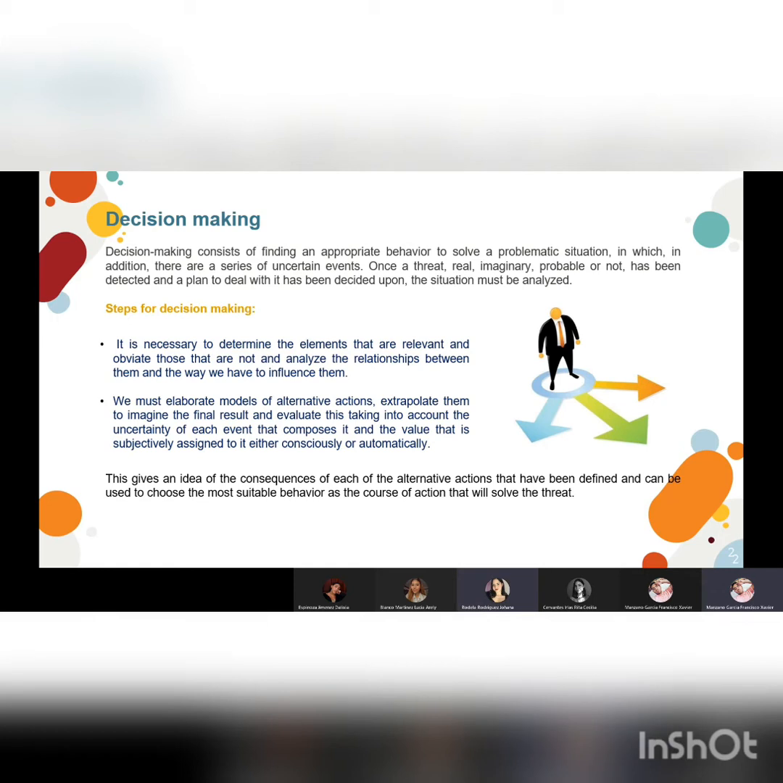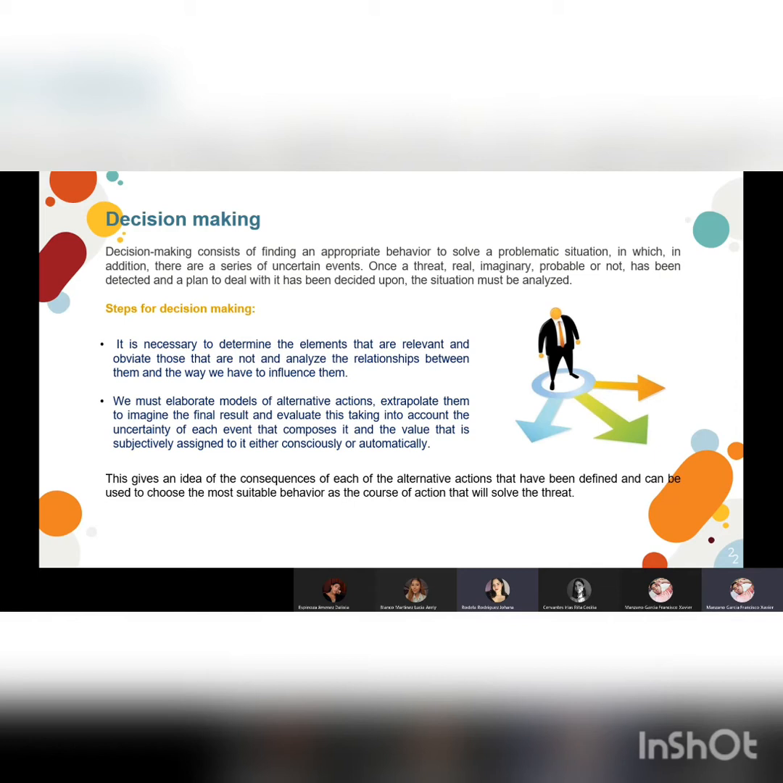Steps for decision making. It's necessary to determine the elements that are relevant and omit those that aren't, and analyze the relationship between them and the way we have to influence them. We must elaborate models of alternative action, explore them to imagine the final result, and evaluate this taking into account